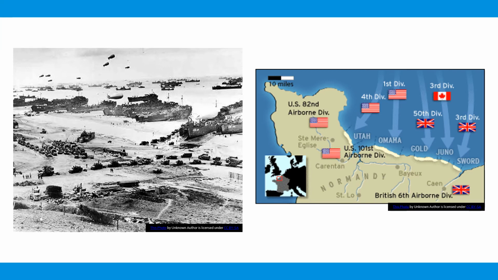So you have the U.S. 82nd Airborne and the U.S. 101st Airborne, which we said the paratroopers landed behind enemy lines prior to the invasion. And then you'll see that the American forces divided this northern coast of France into different areas. They called it Utah, Omaha, Gold, Juno, and Sword. The Americans landed at Utah and Omaha Beach, Omaha being one of the more famous spots of the fighting. Gold and Sword were taken by the British, and then Juno was taken by the Canadians, and you also see the British 6th Airborne Division over there as well.